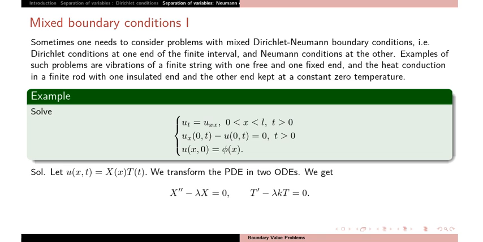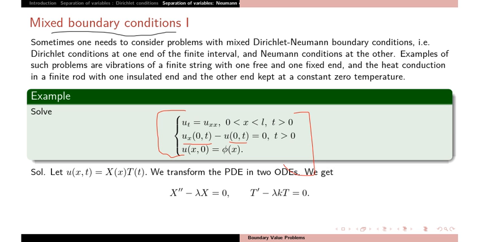So now I will take one more example. If you have mixed boundary conditions, mixed means that u_x(0,t) = u_0(t). So one derivative and one simple u. So both are mixed. So this is a problem with mixed Dirichlet and Neumann conditions. Derivative means Neumann, simple u means Dirichlet.